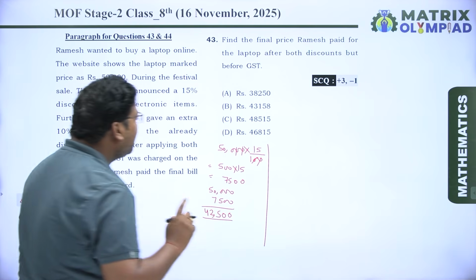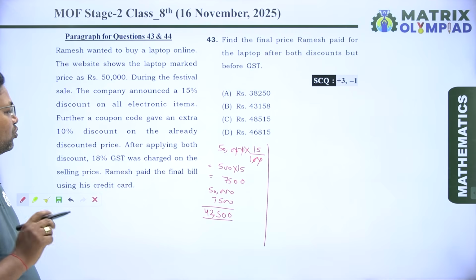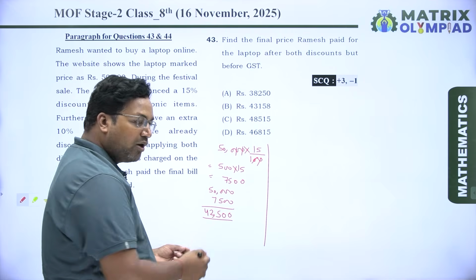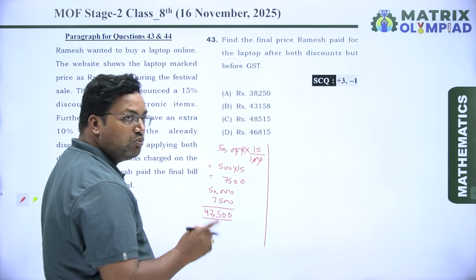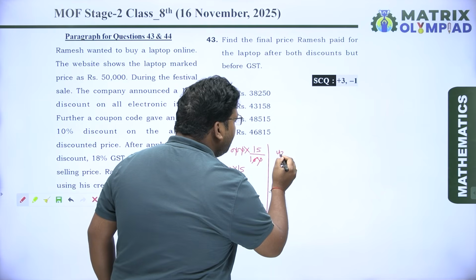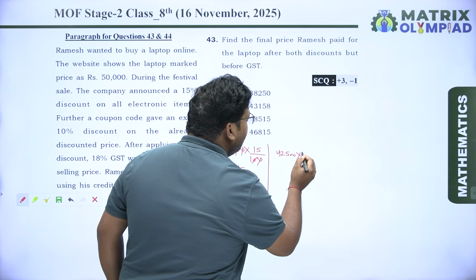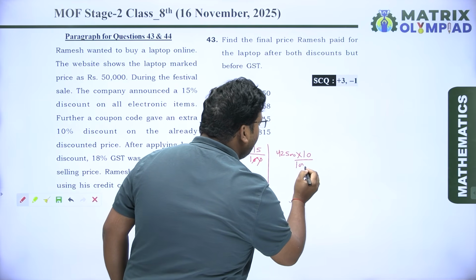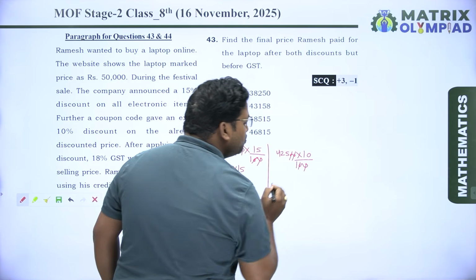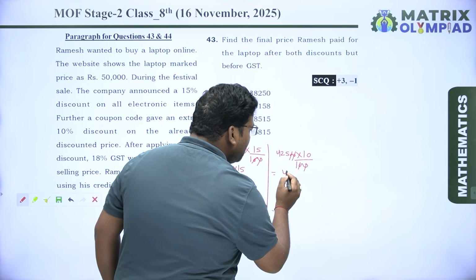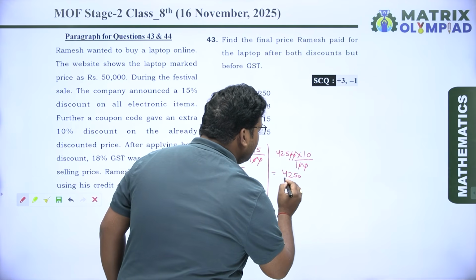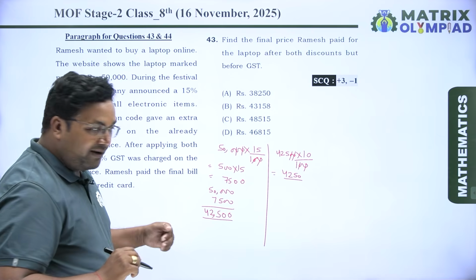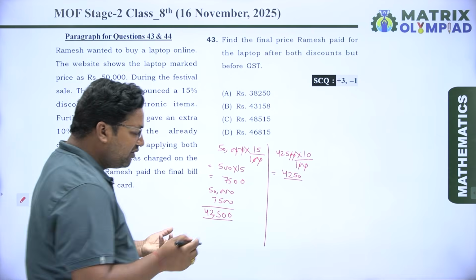Next, the company gave an extra 10% discount on the coupon code. So we have to find the 10% discount of 42,500. 42,500 into 10 upon 100, these two zeros are cancelled out. So it is 4,250. Now the next price of the laptop is